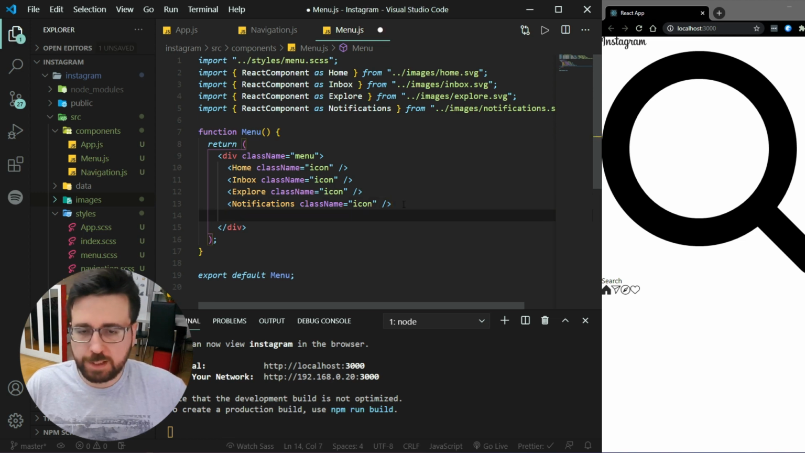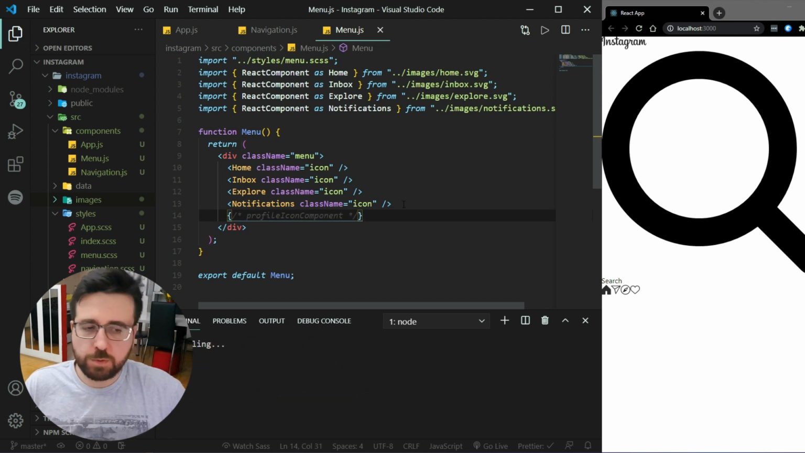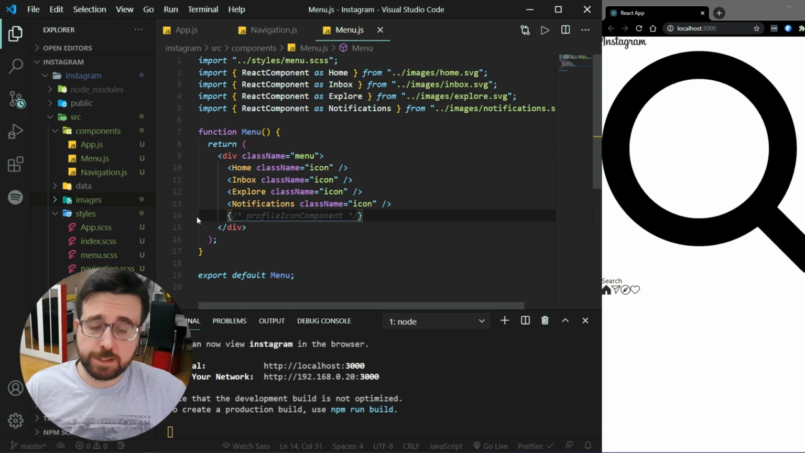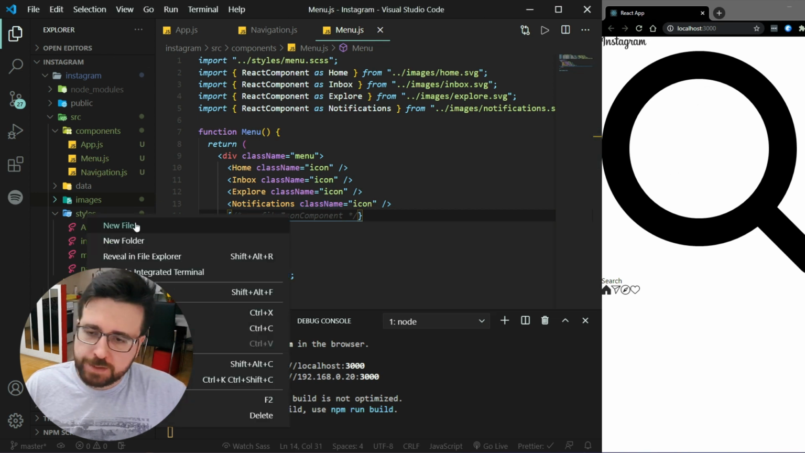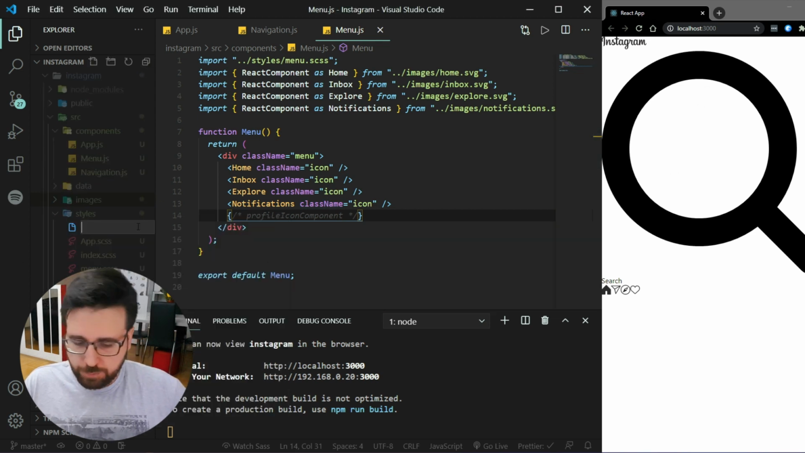We are going to leave a place here for a profile icon component, but we're going to get back to that a bit later. For now, I want to edit the CSS for this. First thing that we are going to do is in the styles folder, we're going to set up a new file, which is going to be called